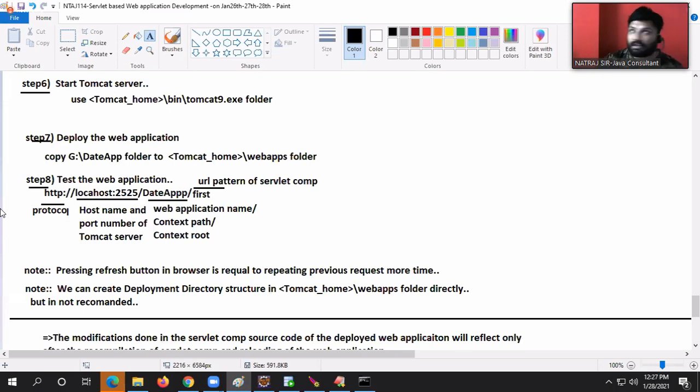XML is not there to display data on the browser by applying styles. XML is there to construct the data. XML has servlet details and mapping details. Both details are given to the container. The container uses that information to map a certain request URL with a certain servlet component.